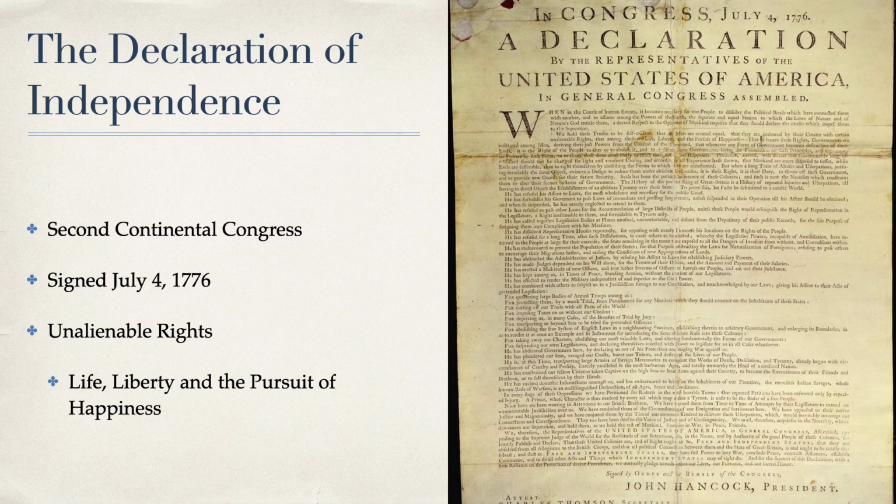It makes the claim that all men are created equal, that they are endowed by their Creator with certain unalienable rights, and that among these are life, liberty, and the pursuit of happiness. And in 1776, this was a very dramatic statement. The Declaration of Independence states that the purpose of government is to secure these rights, and that governments derive their just power from the consent of the governed. If the government violates these rights, then the people have not only the right, but the duty to overthrow them.